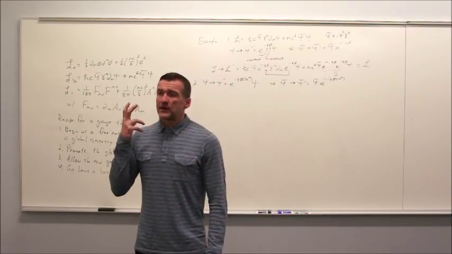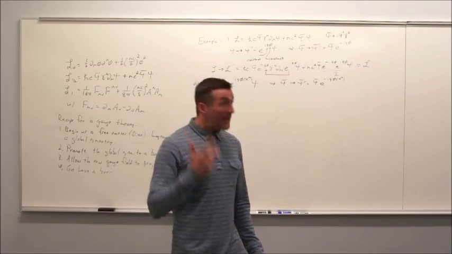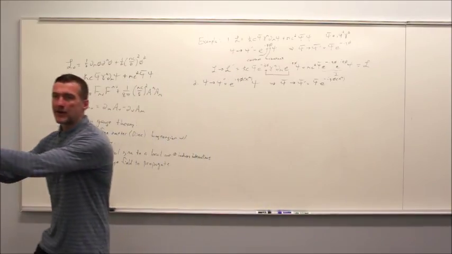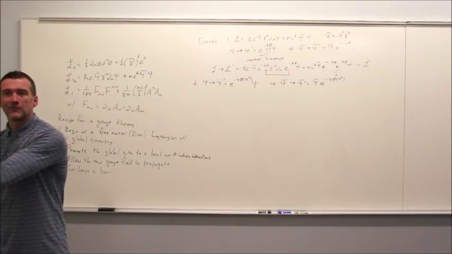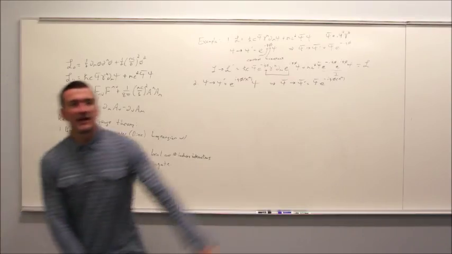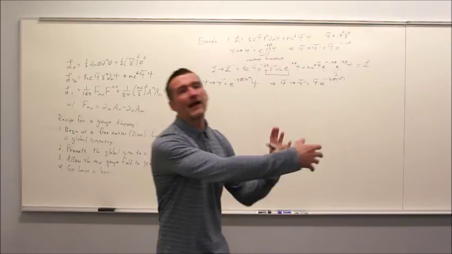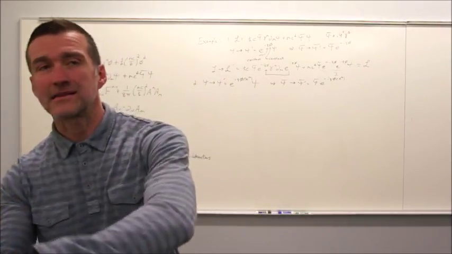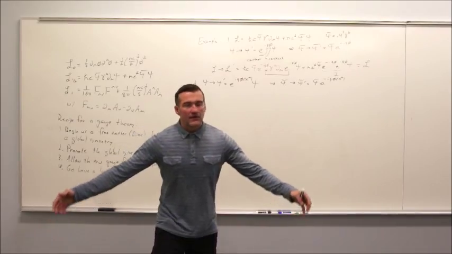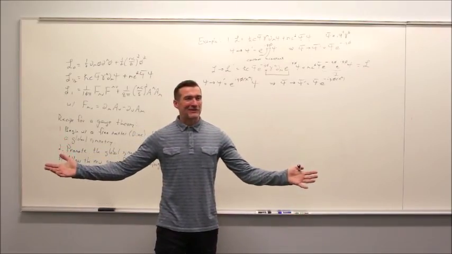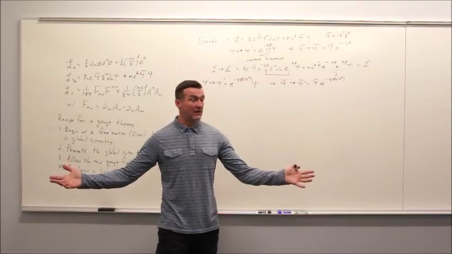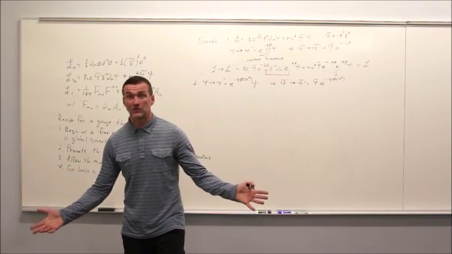Just to give you an idea how weird this is, a local rotation would be where I take stuff over here and rotate it by pi over 2 around the x-axis, and stuff over here rotate it by pi around the x-axis, and stuff over here rotate it by 3 pi over 2 around the y-axis, and then miraculously everything is unchanged. That's what a theory invariant under local rotations would exhibit.